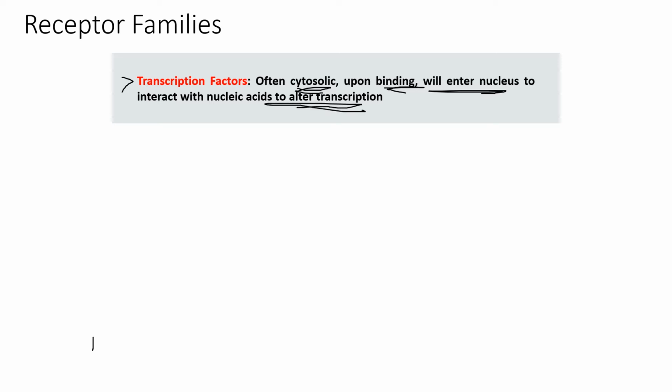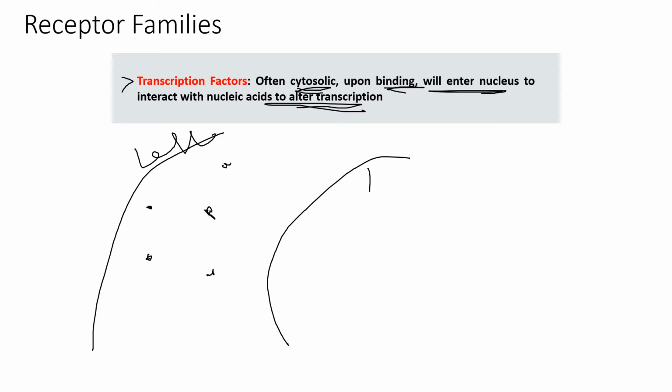And so if you imagine that this is a cell, and you have little soluble factors in the cytosol. Here's the nucleus. Upon binding and activation of a receptor, which I guess always looks like an antibody, it'll enter into the nucleus,